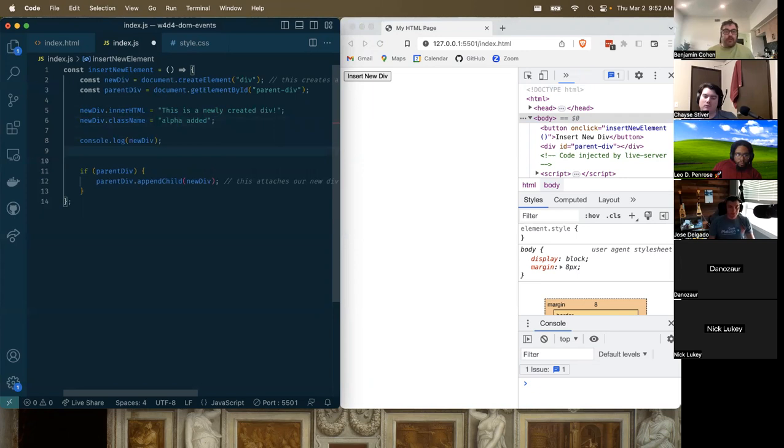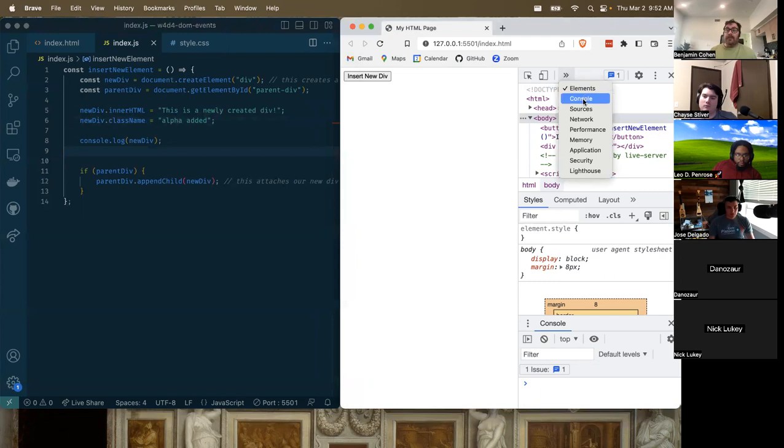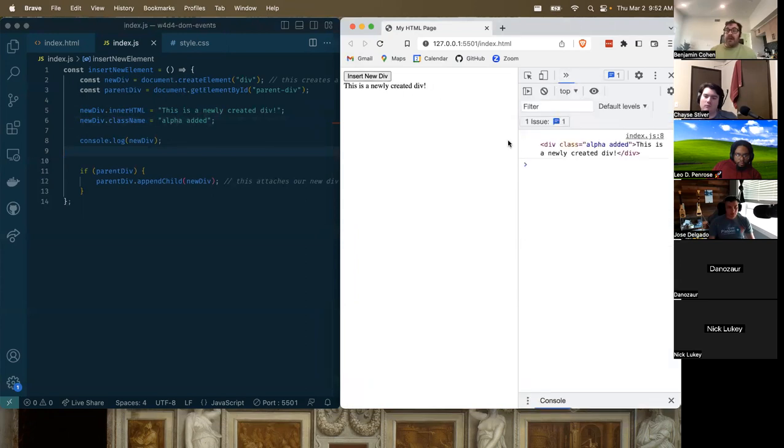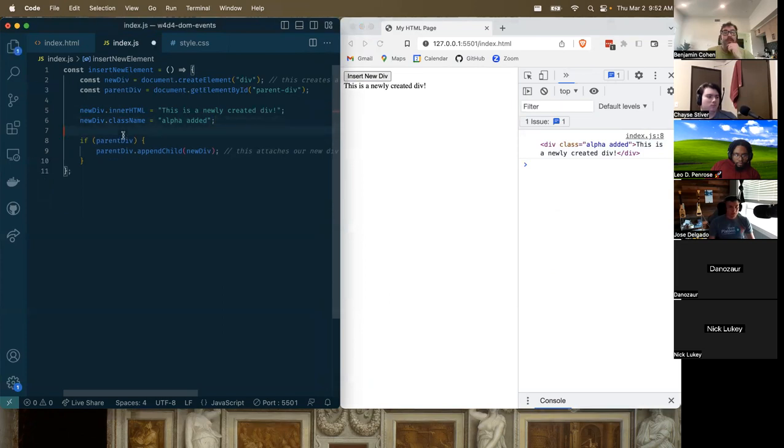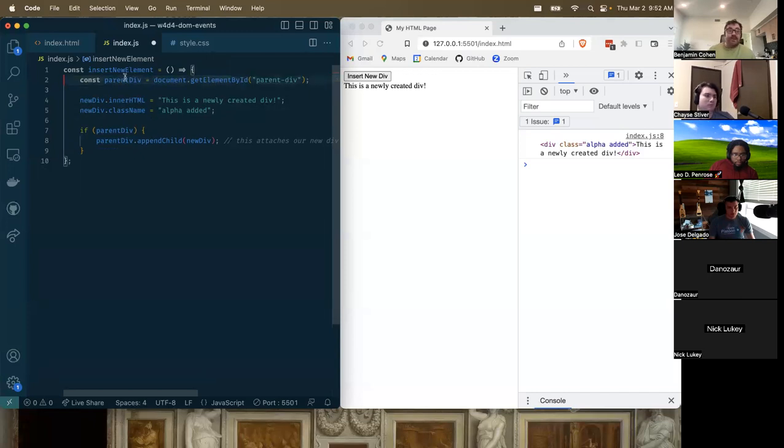And at this point, if I were to print what new div looked like, again, it doesn't live on the page yet. But if I did print it out, I would see that it doesn't just look like a blank div anymore. It's a div with some content in it and some classes. And then finally, if that parentDiv really existed, then we can append something to the child. The way I might write this is, first thing we do is see if the parentDiv is there. And if it's not,